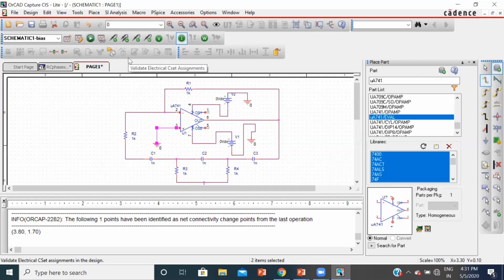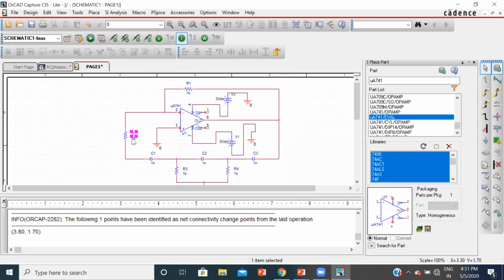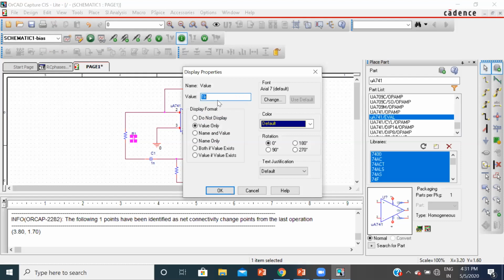The thing is, you need to select the appropriate values for the resistors and the capacitors. So you can double click on the components. You can change the value as well as the names. Here this is the first resistor, the input resistor, so name it R1. Click on OK. It is a 6.8 kilo ohm resistor.